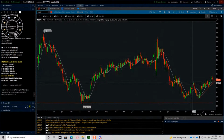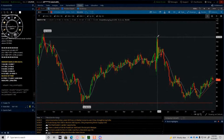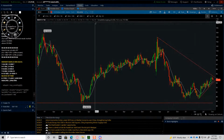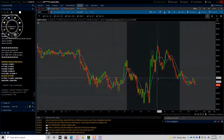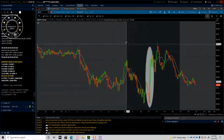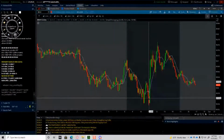So we want to keep our eye on these. We don't want to see anything drastic or extreme. When we do see drastic and extreme moves in the dollar and in the bonds, it impacts us greatly. You see the massive move in the market here the other day. And think about if you're trading the SPY or ES or Nasdaq, QQQ, think about what happened at 11 o'clock